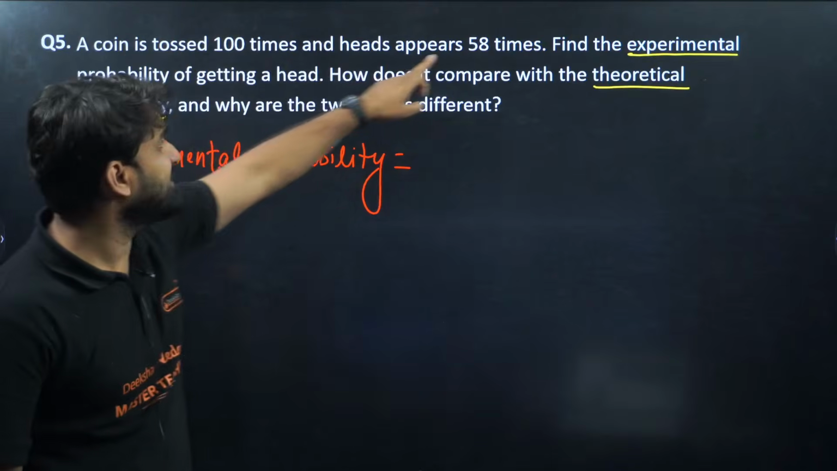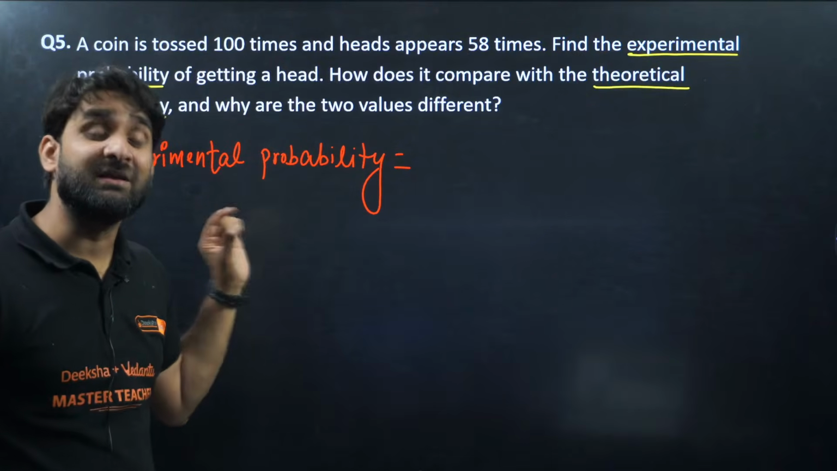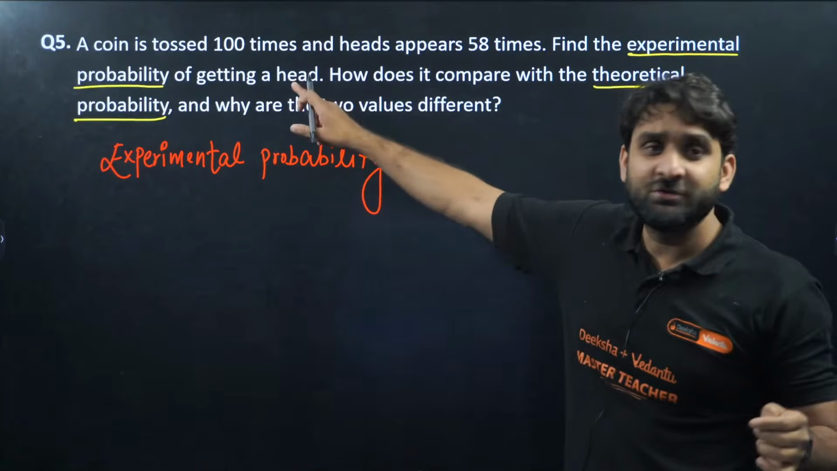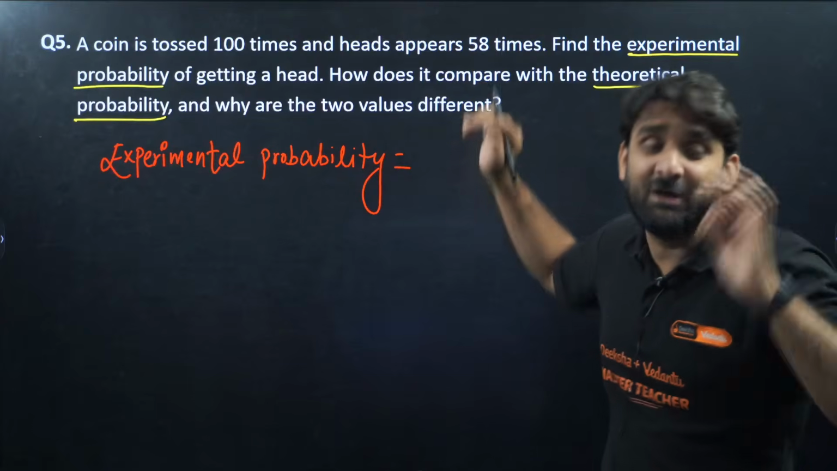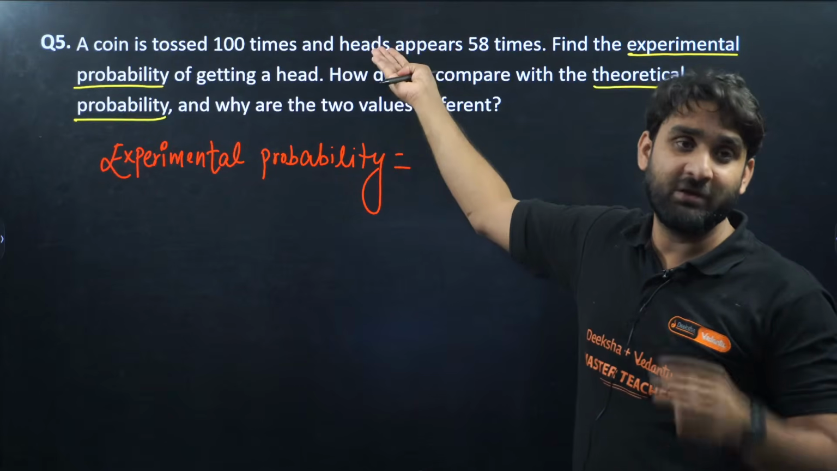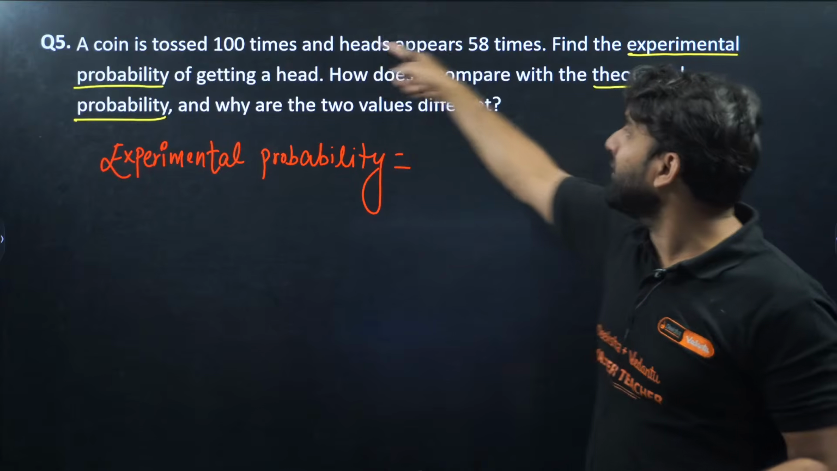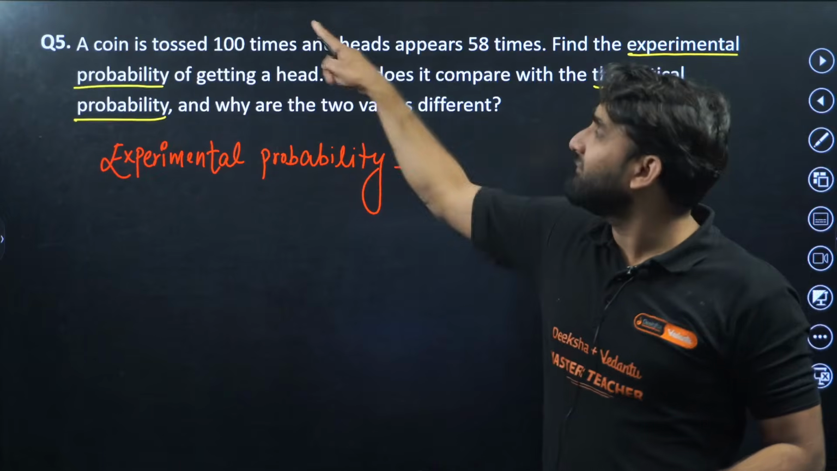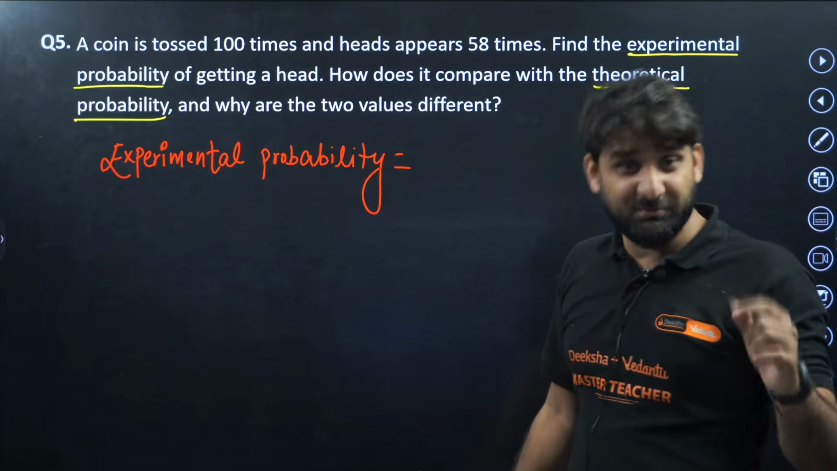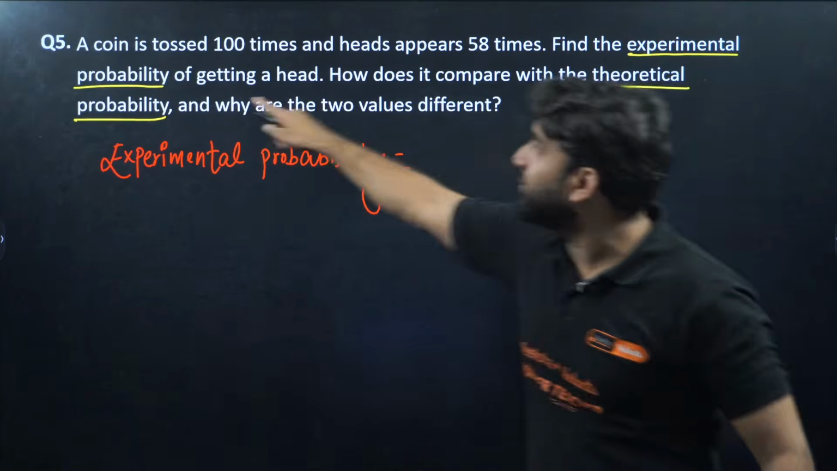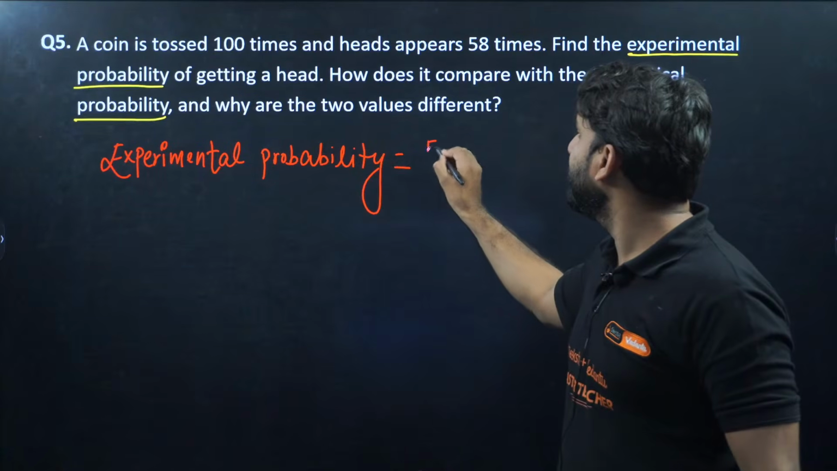And how many heads appear? 58 heads appear in 100 tosses. 58 times heads appear, so this was the experiment. If we calculate the probability of this condition, it is called experimental probability, because the first line is an experiment. So how many times did head appear? What is the experimental probability of getting a head? So this will become 58